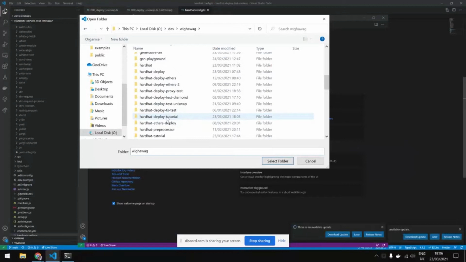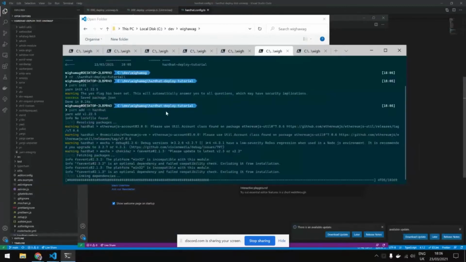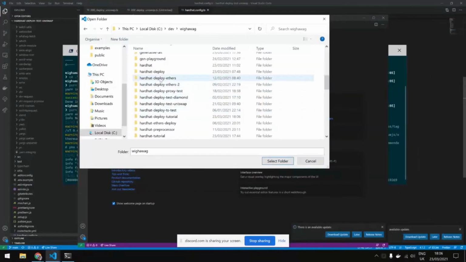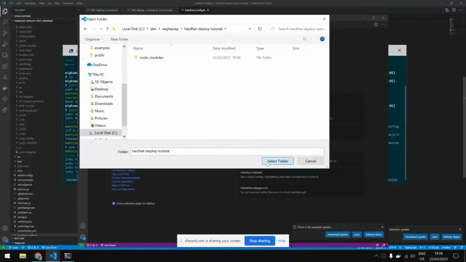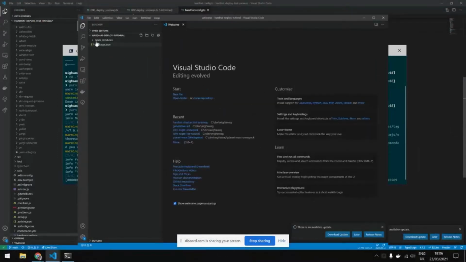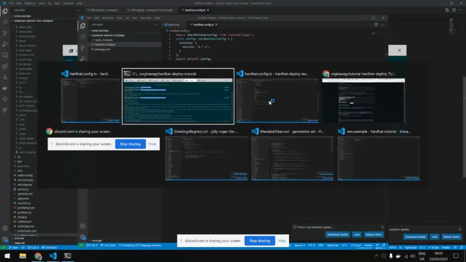Okay, I forgot which folder I used. Okay. So basically this installs whatever is needed, and you have to create hardhat.config.ts, and this is the basic stuff of it.